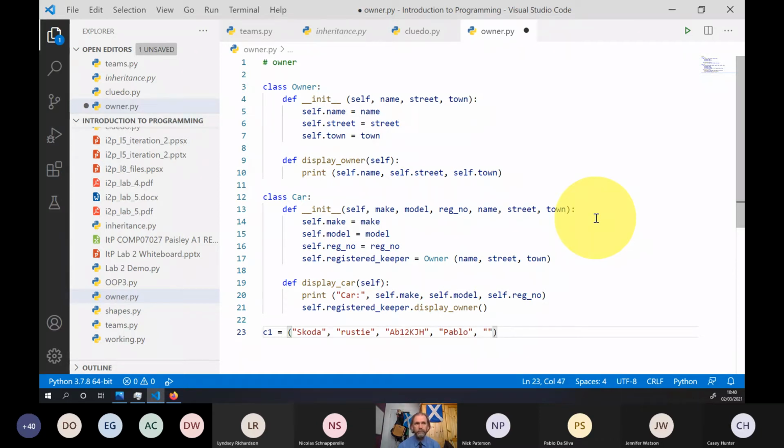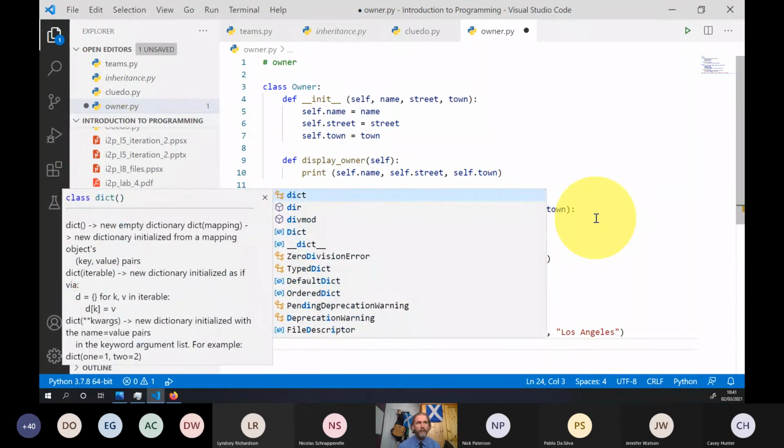A street. And a town. And then we can display.